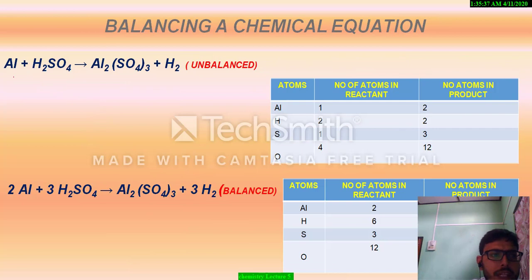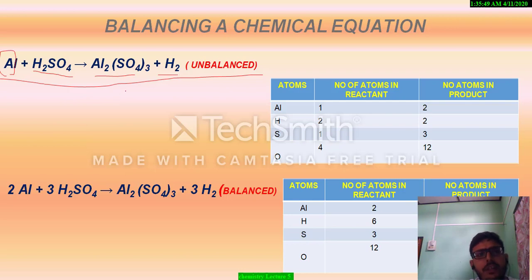This is the second equation I am taking. Aluminium plus hydrogen sulfate will give you aluminium sulfate plus hydrogen. Now if you observe, aluminium there is 1, in the product side there are 2 aluminium. Similarly hydrogen, reactant side 2, product side 2. So this hydrogen is already balanced, they are equal. Now sulfur, reactant side 1, product side it is 3, and at last oxygen,